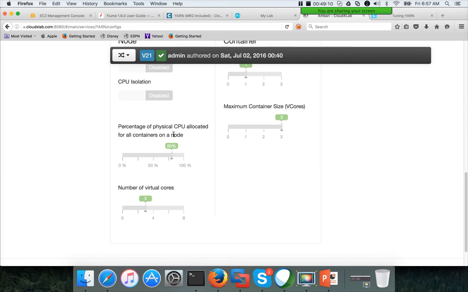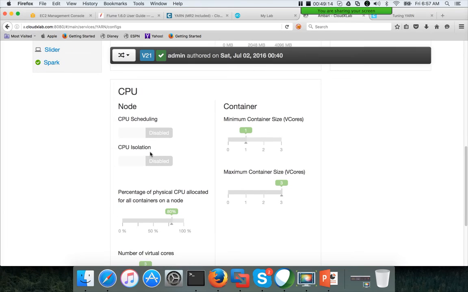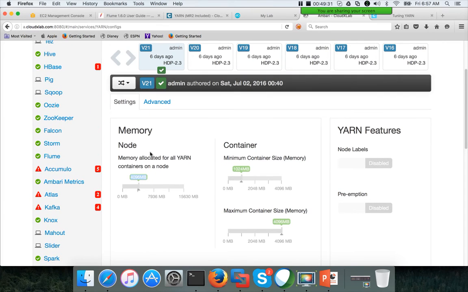Okay, and you don't need to worry about most of these other things at this time. That you can worry about while working on the project, depending upon the issues. You will learn the other parameters, but the most important parameters when you are configuring yarn is the